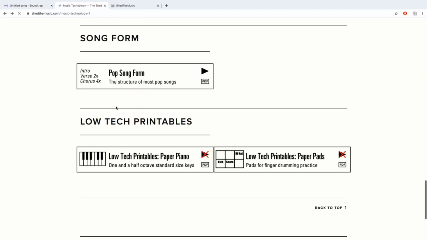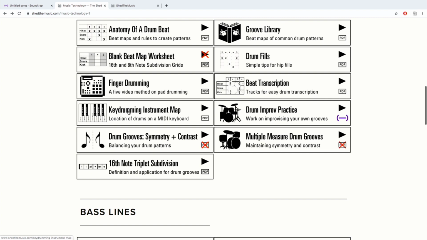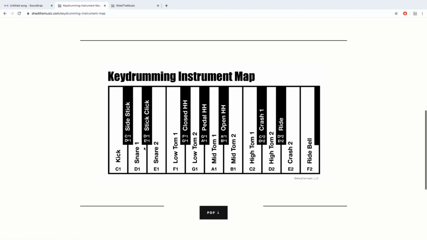Then there's also this one that we print out. Where'd it go? Instrument mapping. So they can print this out, and it shows them what note is what. And they're actually playing it on a piece of paper, and that limits the amount of something that I